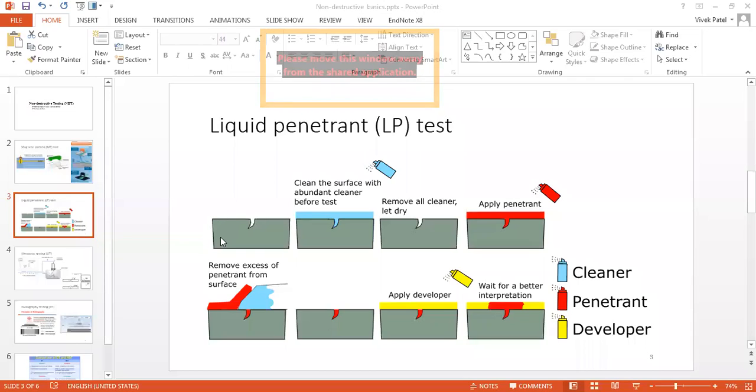The component to be tested, right? So you need 3 chemical agents. One is a cleaner, second is a penetrant, and third one is a developer. So these 3 agents,